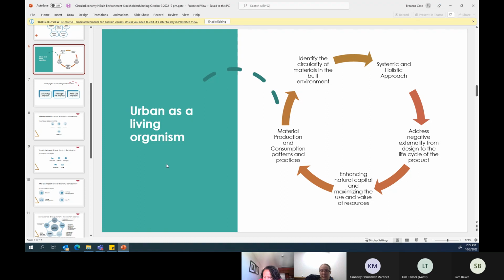Some people see the whole picture and some do not, but at the managerial level, people should experience seeing a holistic approach. In material production and consumption patterns and practices, we start learning how the businesses produce, how we, the public, consume it, and how we dispose of it.